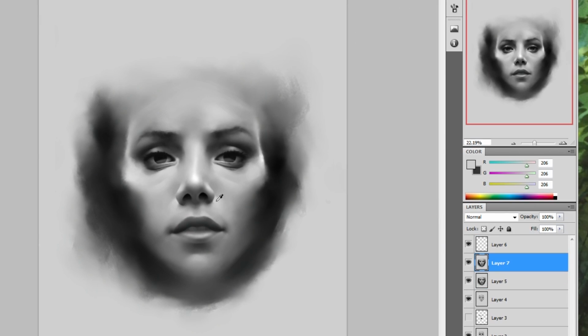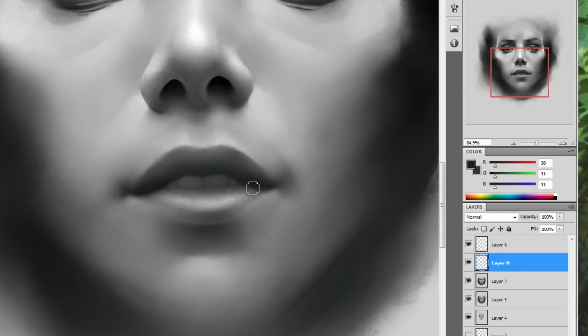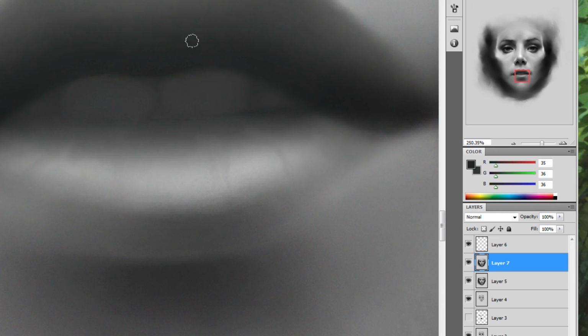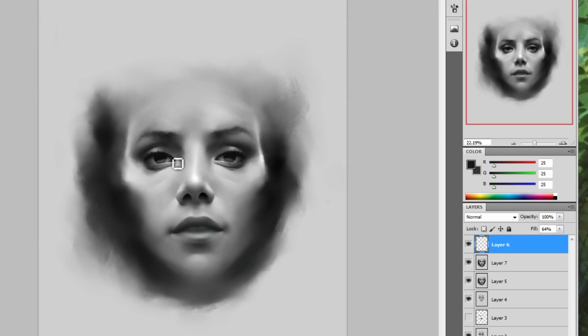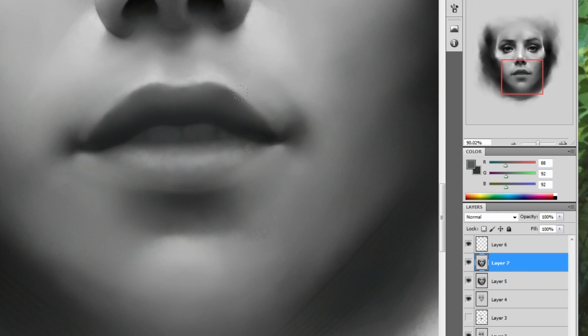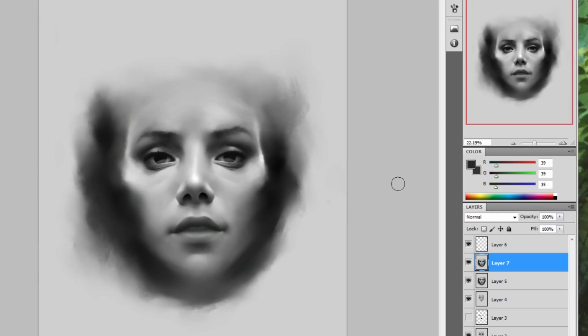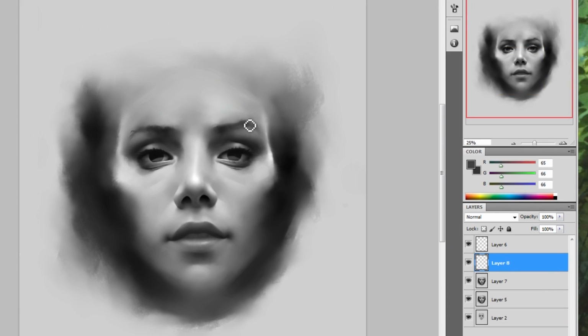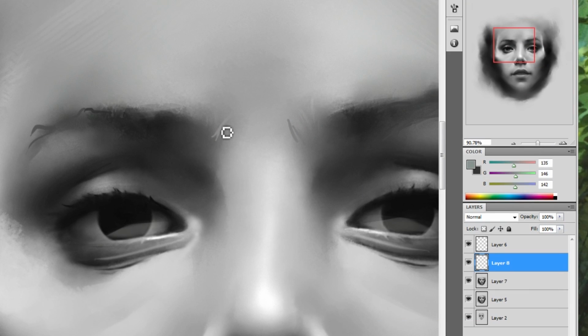And the biggest and most dangerous thing about pushing rendering all the way is shrinking your brush. So we've talked about the illusion of the texture, using the brush's texture that comes with some kind of messy, grainy texture, and then you just work with blending, with your brush pretty much large the whole time to push the render. But when it comes to actually shrinking your brush and creating raw texture, be very careful. After you've chosen like 5 of those hairs, or after you've chosen 2 of those wrinkles that you see in the reference for your painting, after you pick and choose which areas you really do want to transfer, you're going to have to do that with a small brush, and that's the biggest danger.